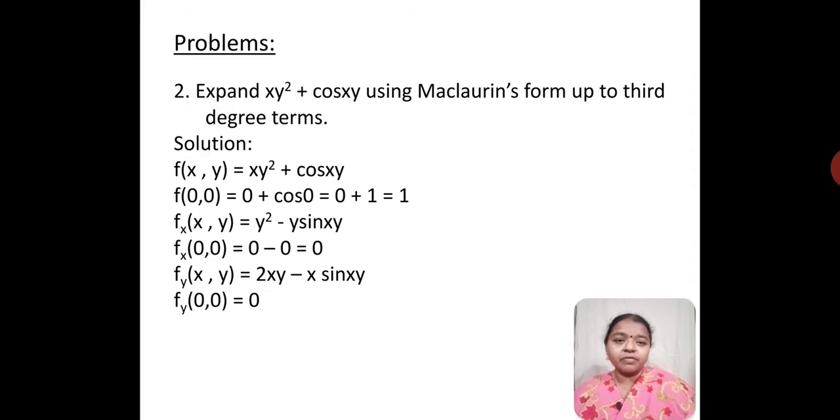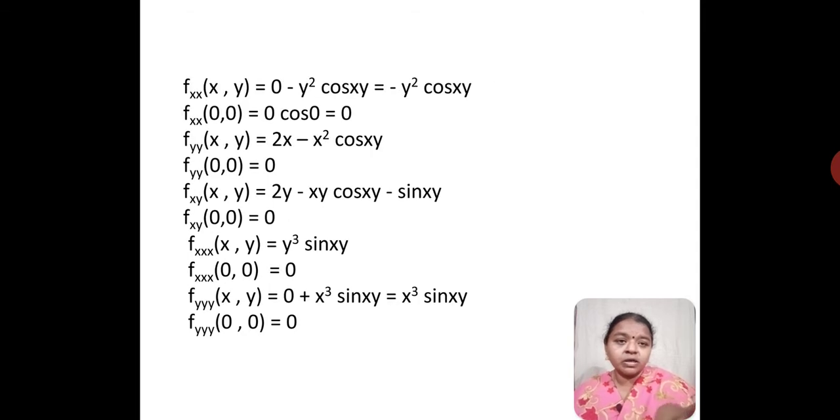Next we have to find f double y of x comma y. Now what is fy value here? You know fy is 2xy minus x sine xy. Now since I have to differentiate this with respect to y, the first function, you can look here, it is 2x into y, out of which 2x is a constant. So differential of y is 1. So that is the reason you have written here 2x, minus there you have x into sine xy, minus x into sine xy. So when I differentiate it, I get minus x square into cos xy. Again when you put x is equal to 0, y is equal to 0, f double y of 0 comma 0 becomes 0.